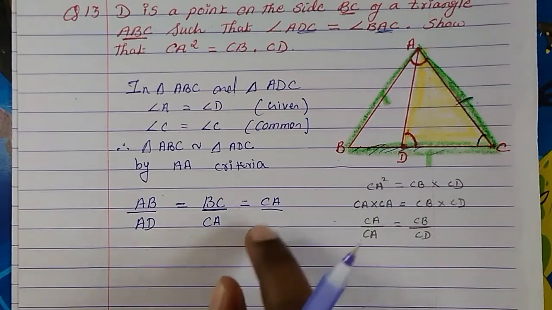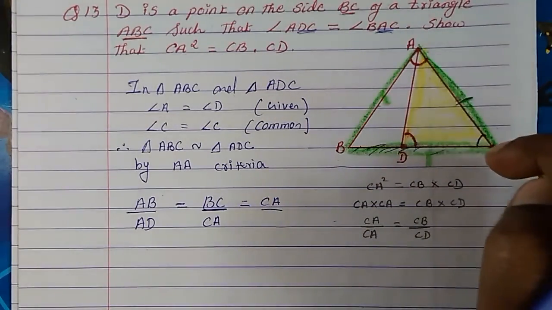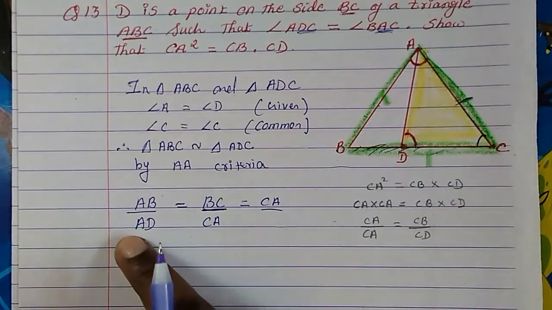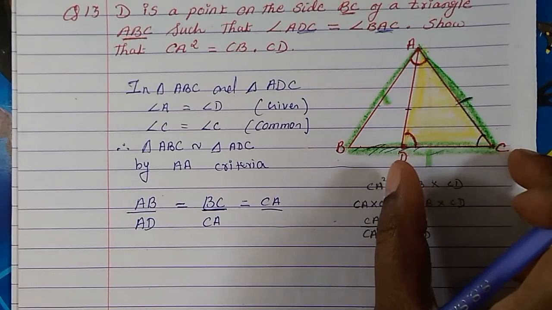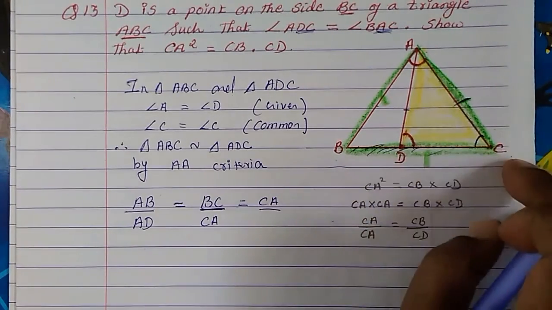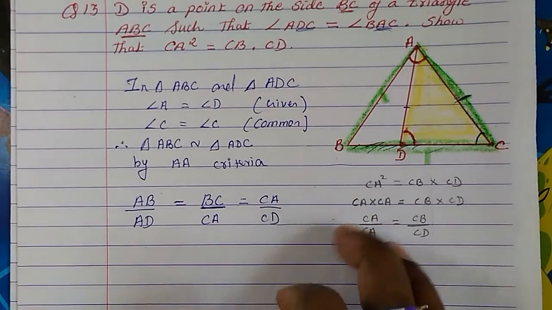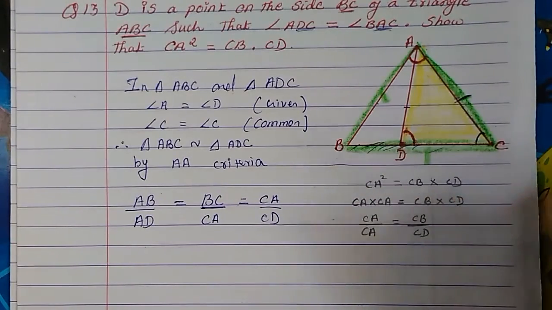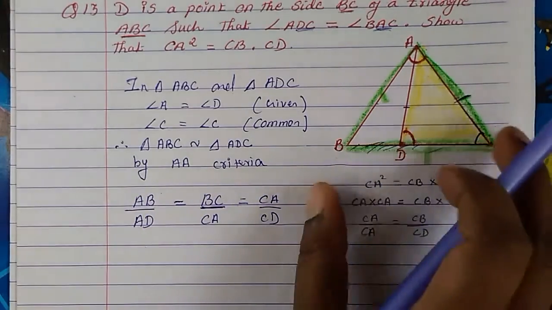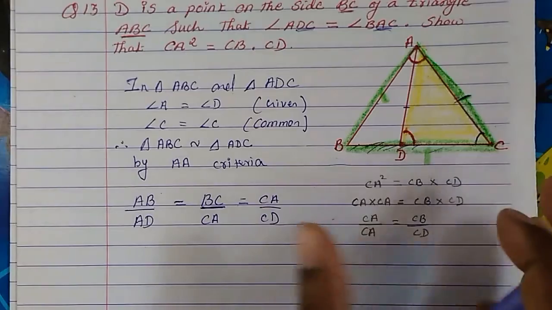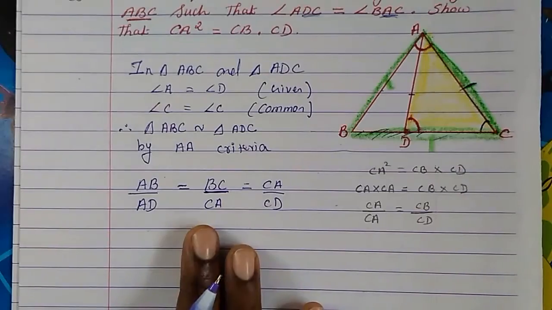Now we have CA here; for the big triangle, CA is this side. We have finished the small triangle's sides: AD is over, CA is over. What is left is only CD. You can write CD or DC. So we write down CD. Like this we have made the ratios equal, because both are similar triangles, no? ABC and ADC are similar, so the ratios of the sides are similar. Since the ratio of sides is not given, we had to find out which sides. So now we have proved this.